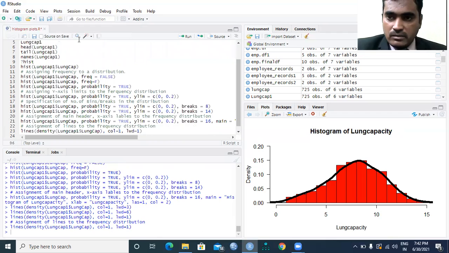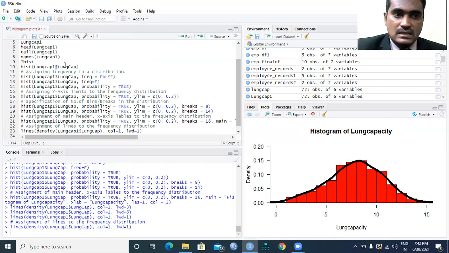When you don't know about the histogram, you just pass a question mark and write hist, so that it will give you clear information about the histogram. And when you want to call a particular variable from a file, you need to use a $ sign here, so that the particular variable can be called.